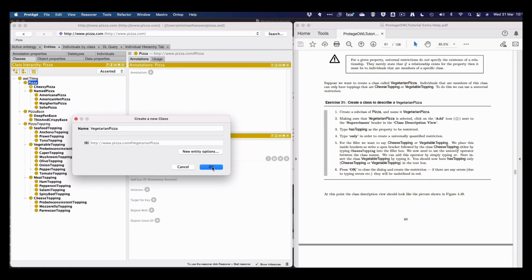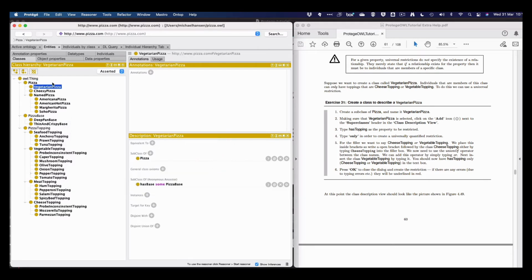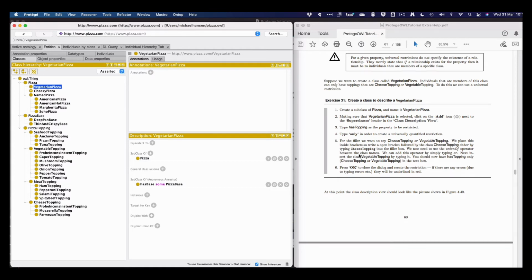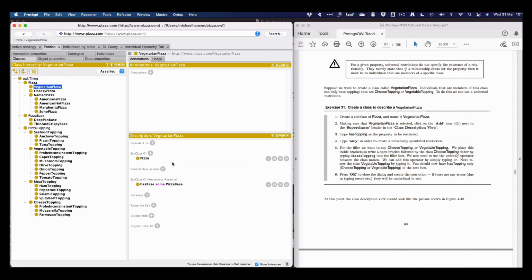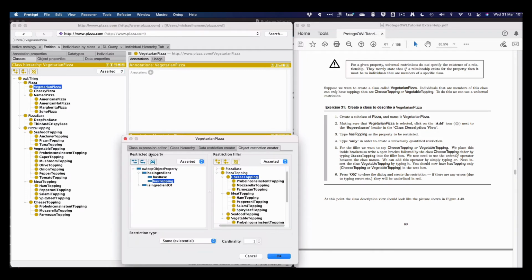Okay. And with this one, it has to say cheese topping or vegetable topping, right? So let's go ahead and do that. So let's see if we can do it with this. Topping as